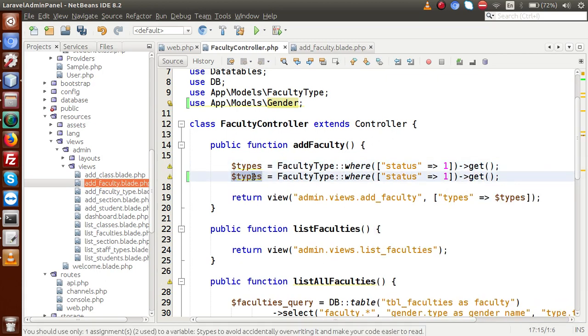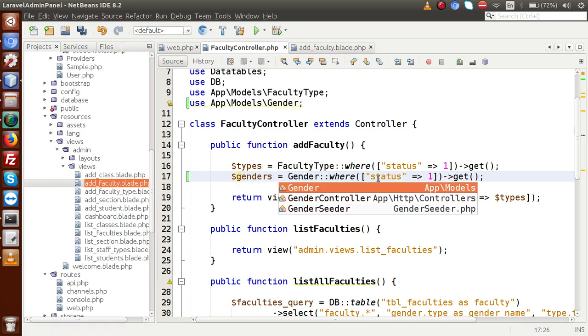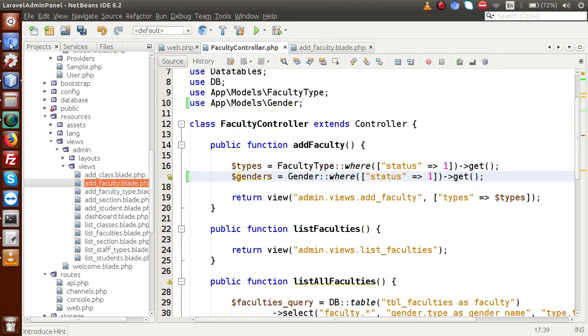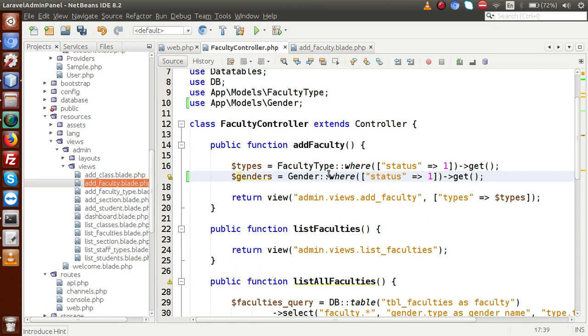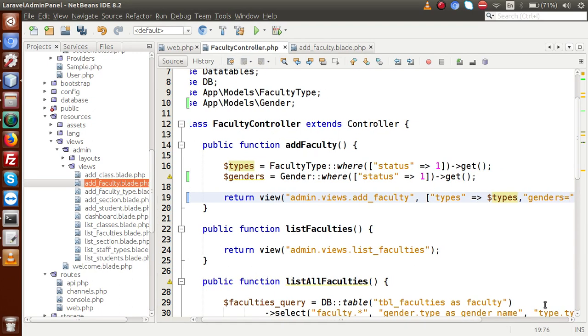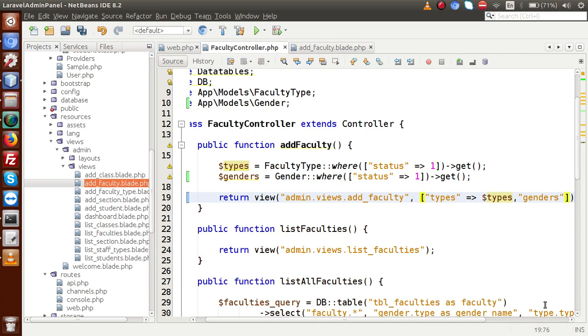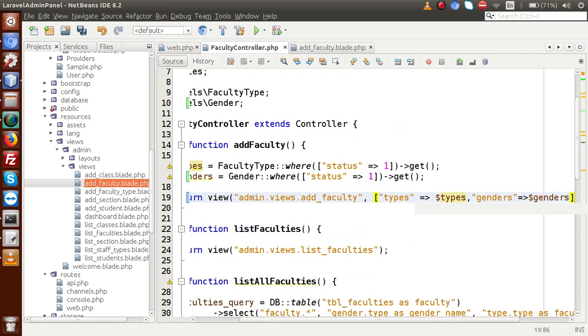instead of type, this is all about genders, and it contains the Gender model with a status of 1. It means we are talking about active genders. And finally the get method. If I copy this genders, pass it inside this array as genders, and finally it contains the variable genders. So if I copy this variable,